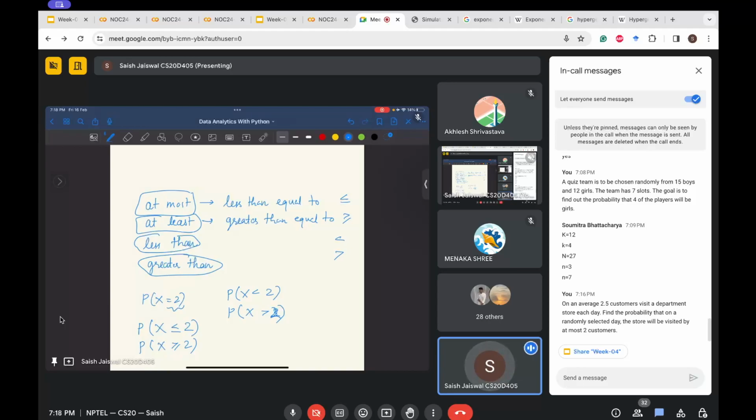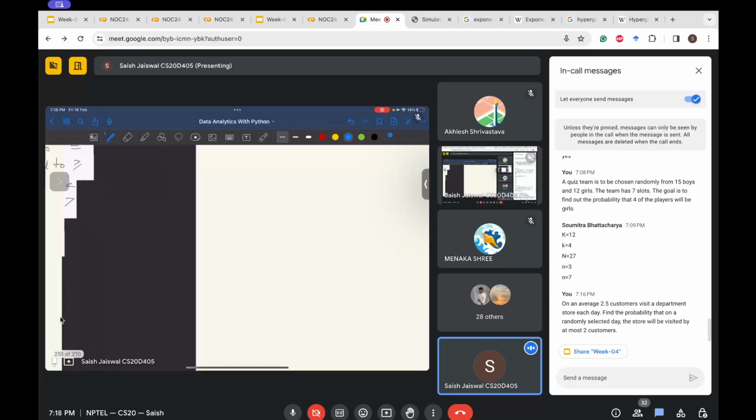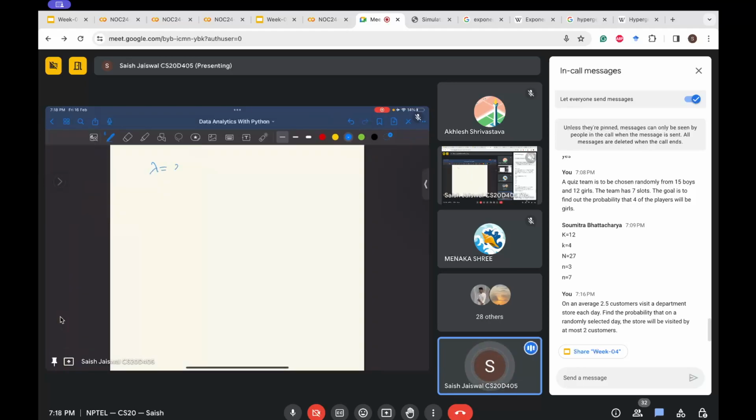Okay, so now coming back to the question. On an average, lambda is given as 2.5 customers per day. Find the probability that on a randomly selected day, the store will be visited by at most 2 customers. So what will be the value? The number of customers can be